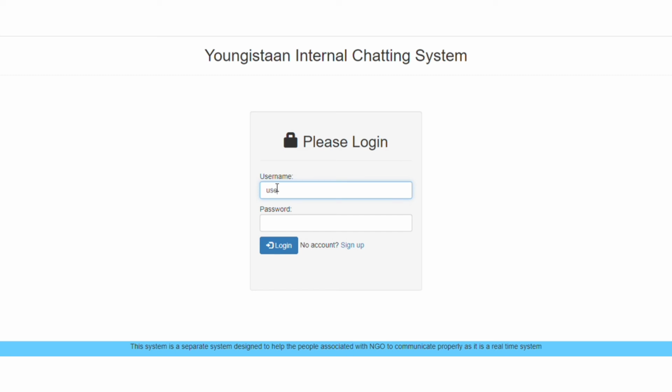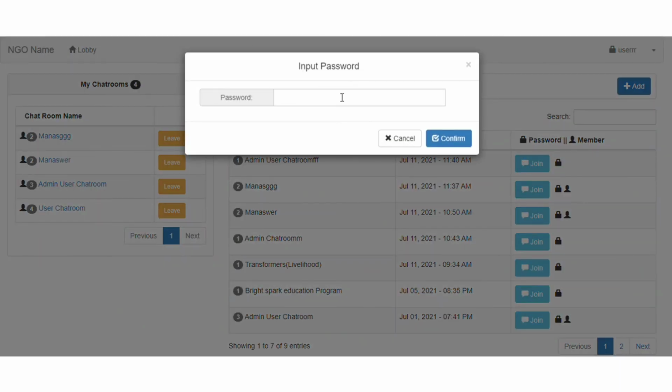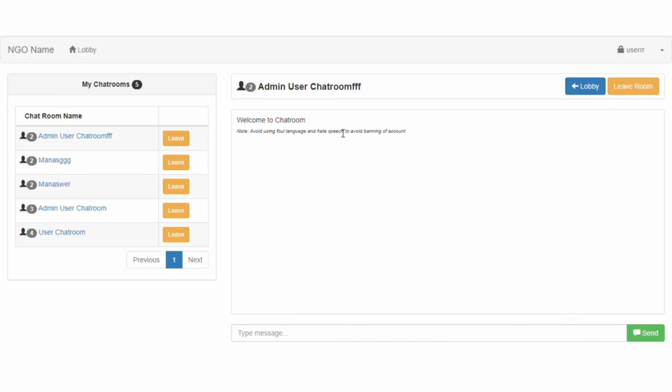Logging in as a user now. The dialog box shows up. Okay, so here's the list of all the chat rooms that we have currently, and this is the number of chat rooms in which we have enrolled and we have access to. For example, I need the access to this one, which I recently created. Now I need to enter the password. I do this, I get in.